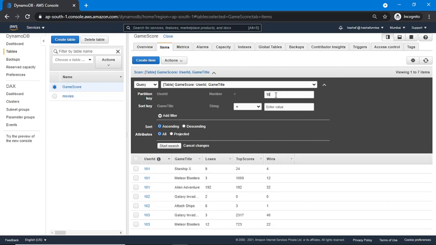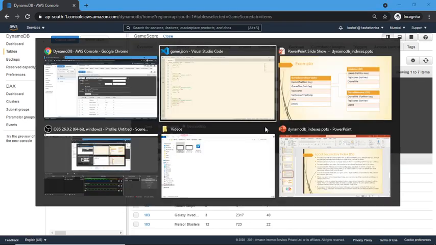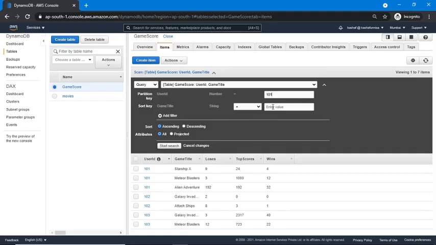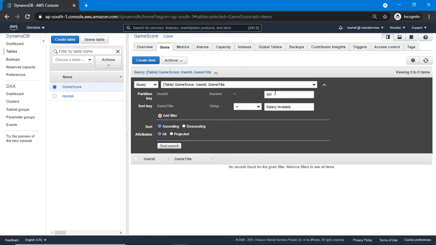Suppose I want to get items for user 101 for a game title. I will just copy any game title. So user 101 has not played this game.